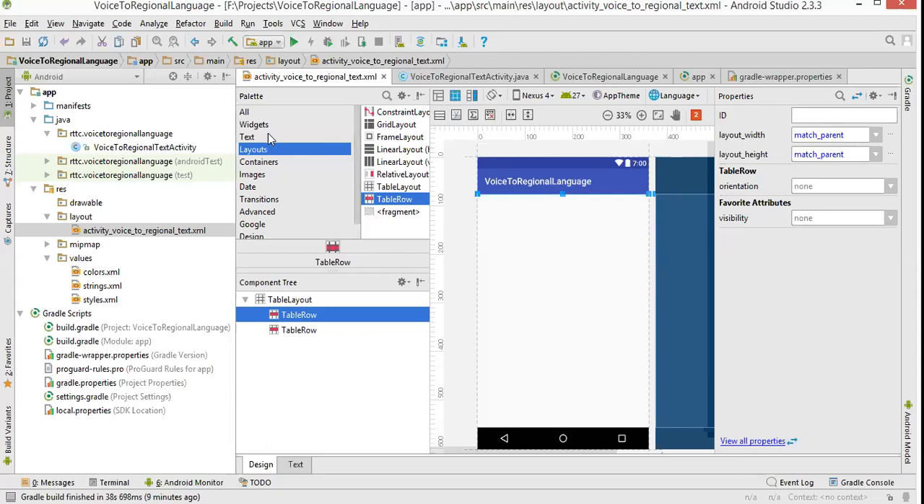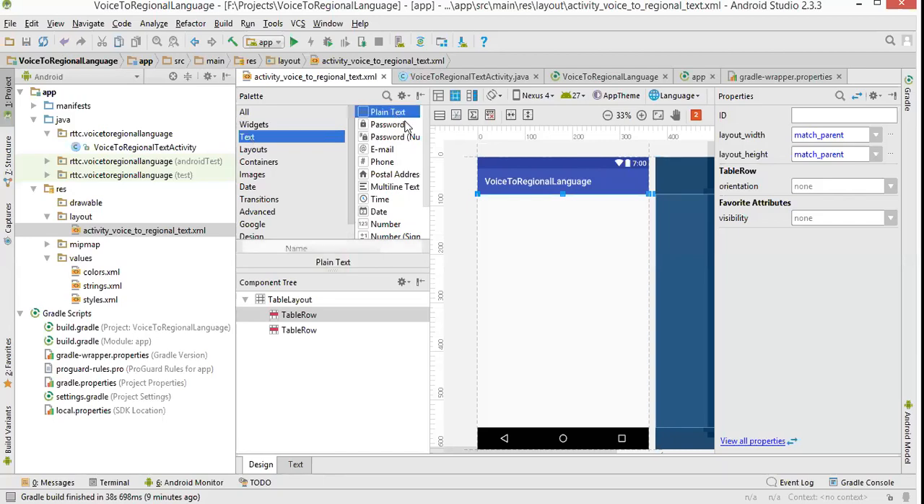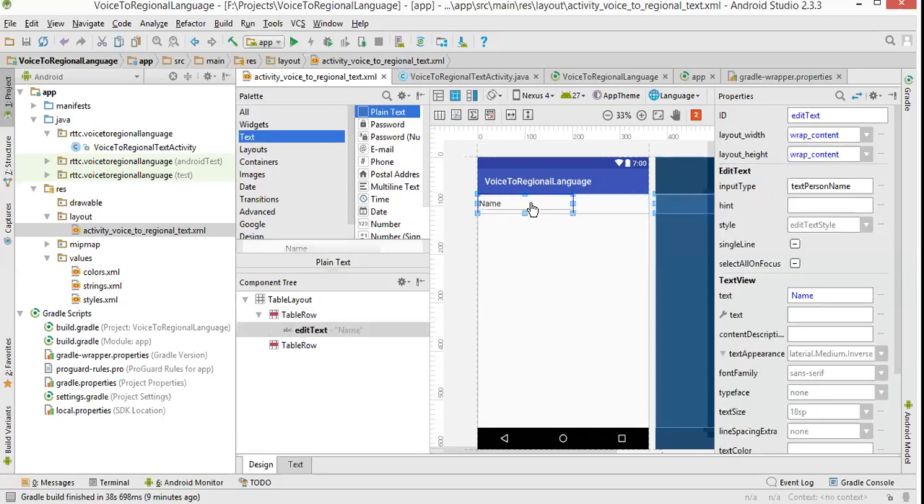So I'll put one widget. What widget do I need? Text box means which widget? Edit text, no? Edit text. That you will put inside the table row. See, one text box. This text box has an ID here. What is the ID here? Edit text by default. To remove that, you put a convenient name, txt underscore. What does that mean? Txt underscore